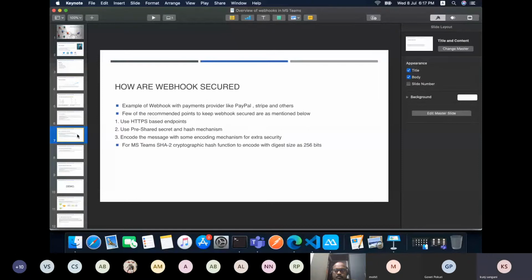So now let us take our third question, which is how are webhooks secured? To understand the need for security, let us take a scenario. We'll consider a payment gateway like PayPal, Paytm, or any other. Let us assume we are selling some products online and using a payment provider like PayPal.